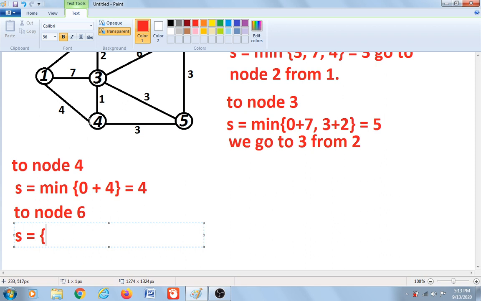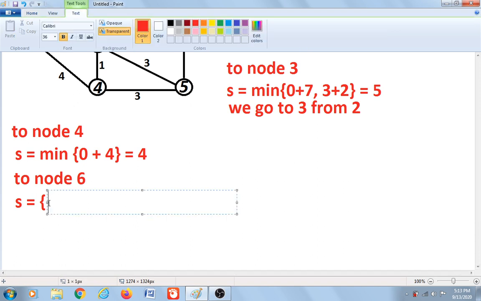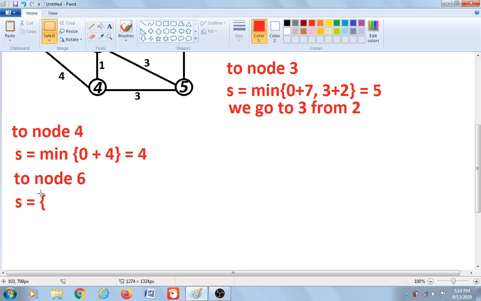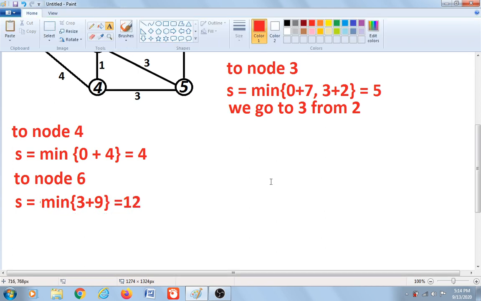So we can only go from node number 2, and from node number 2 we have 3 over here, so 3 plus 9, so the minimum of 3 plus 9, and that is 12, and that is the only one. Oh, sorry, I forgot to put the minimum. So it should be the minimum of 3 plus 9. It is the only one, and therefore it is 12. Okay, so that's it. So we have here 5, 4 and 12, and the minimum,